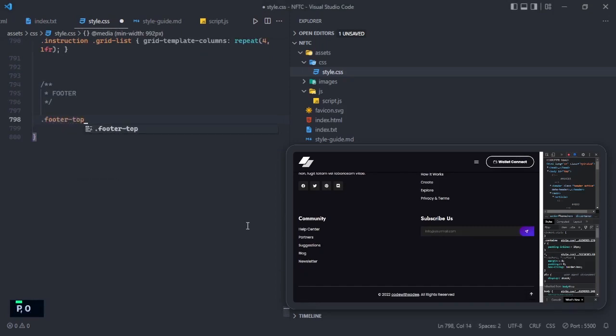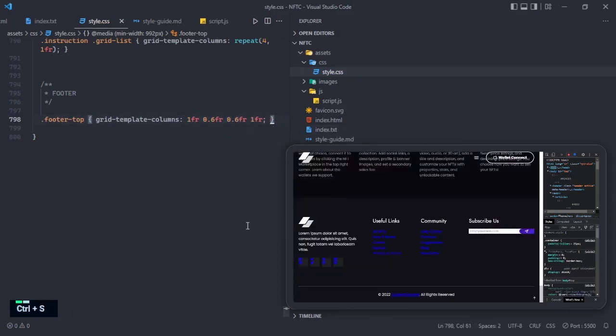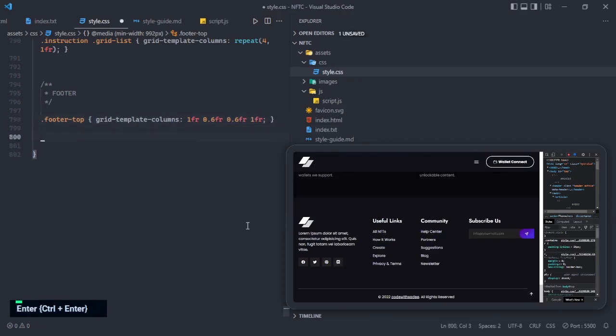Footer top, grid-template-columns 1fr, 0.6fr, 0.6fr and 1fr. That's it. Then .footer-brand,